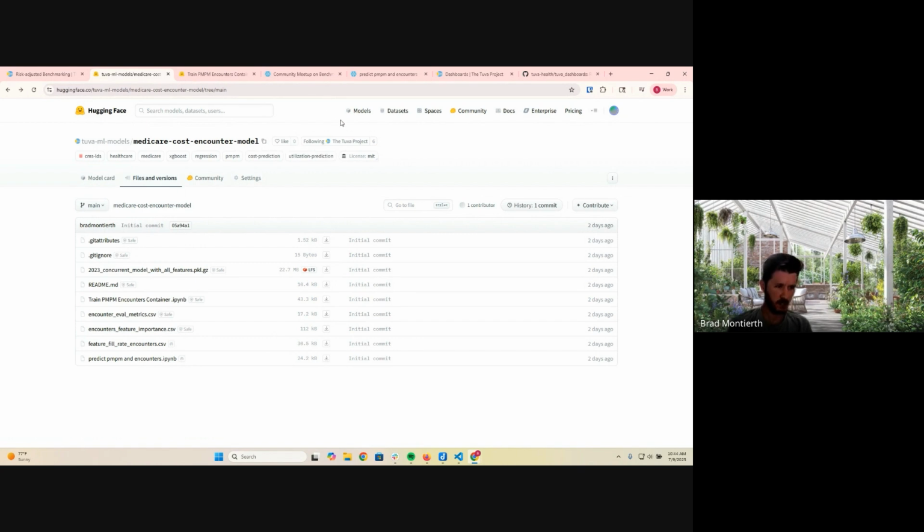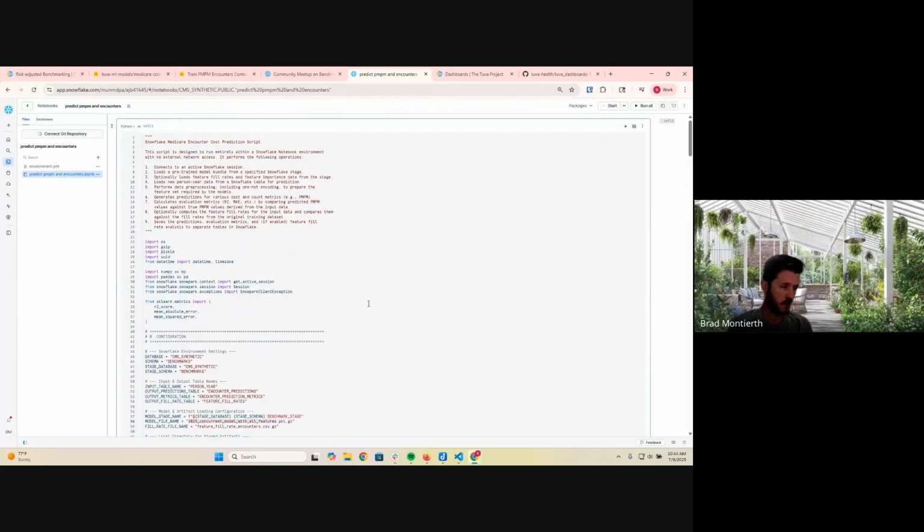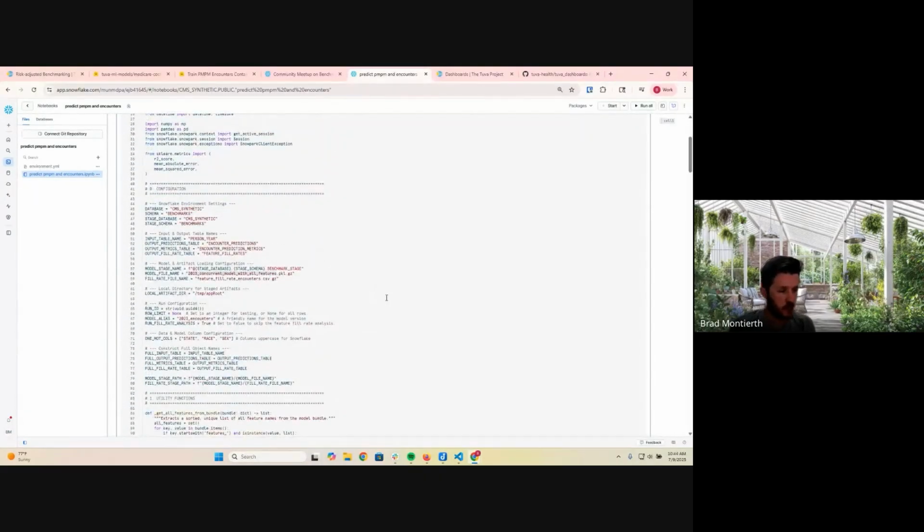Okay, so for actually running the prediction code, I've got the Snowflake notebook here. These should be pretty much plug and play. Some minor configuration that you might want to do is in this top section here, you can specify different output table names if you want to save it in a different database or change the name of the table that we're saving. And also, if you wanted to change the name of the output table that calculates the eval statistics on your data set, you can do all that in this configuration setting.